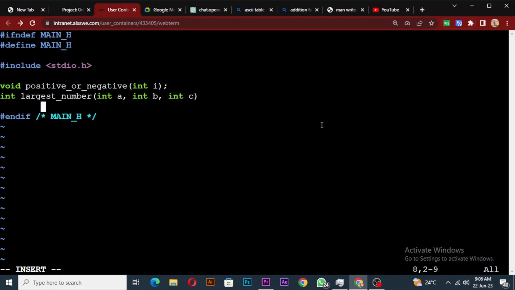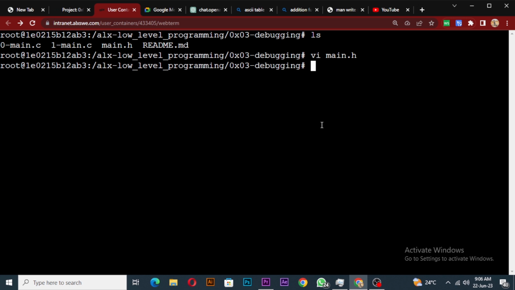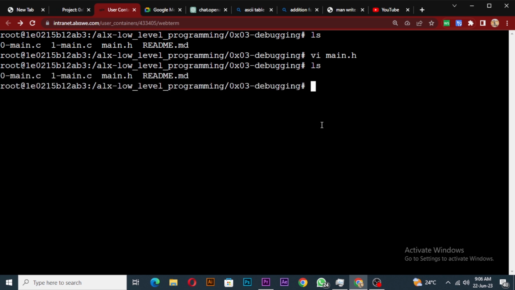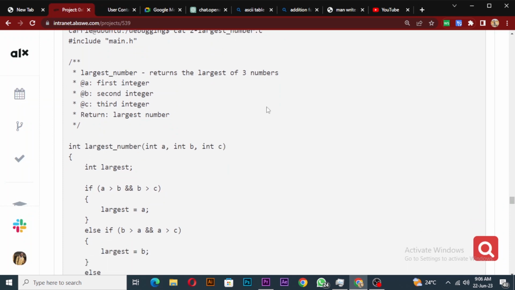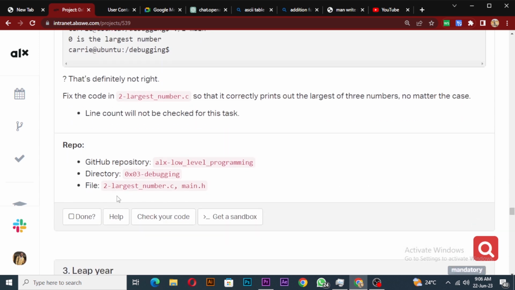So you can do like this, and then escape and WQ. So we are done with that one. So ls, so let's now create this guy. So two largest stuff, we have the name down here. So just to be sure, copy this guy,